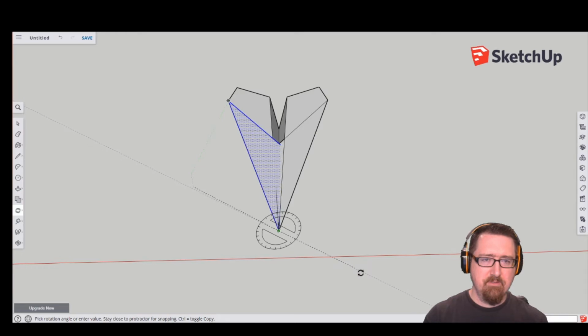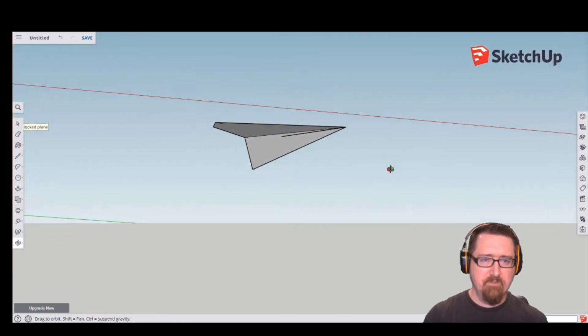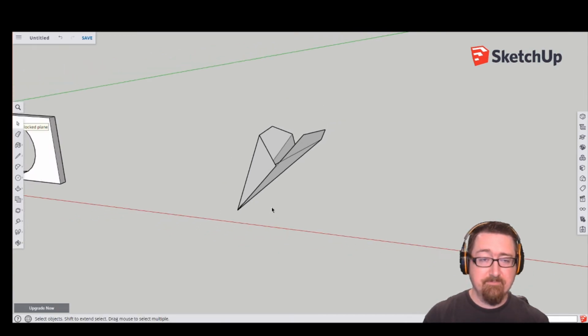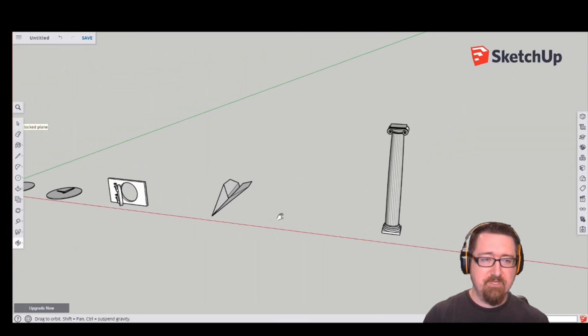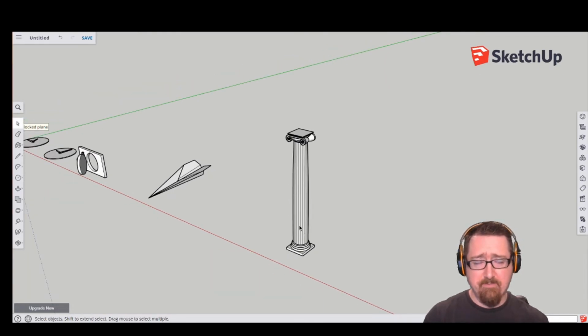And, well, there we go. And that is how you can fold a paper airplane in SketchUp using the rotate tool. Pretty cool stuff. Alright, last thing that we want to talk about here is how to make copies with the